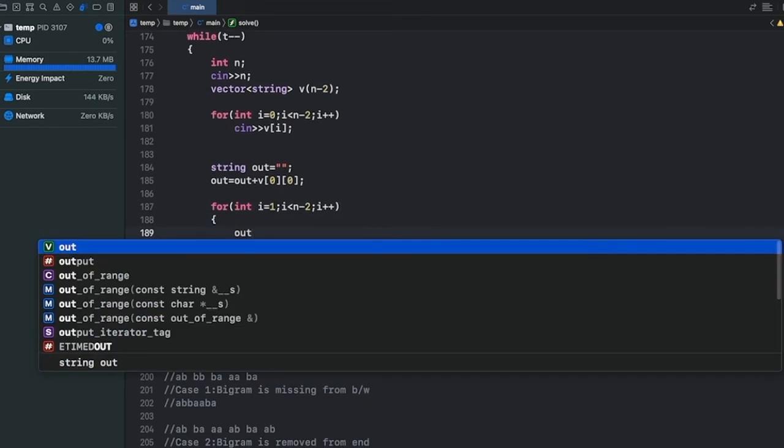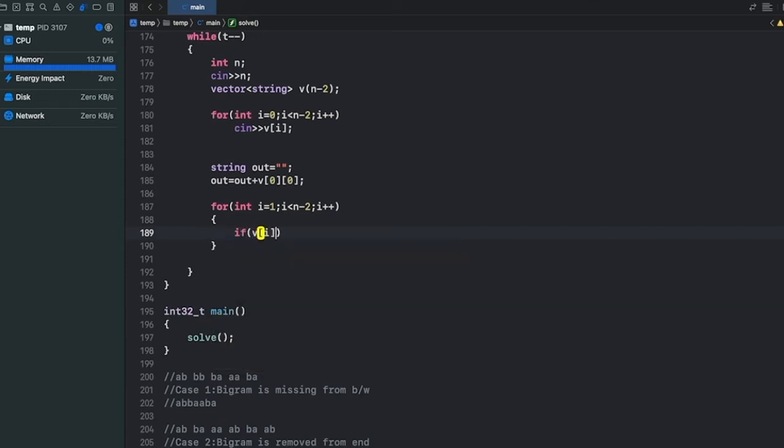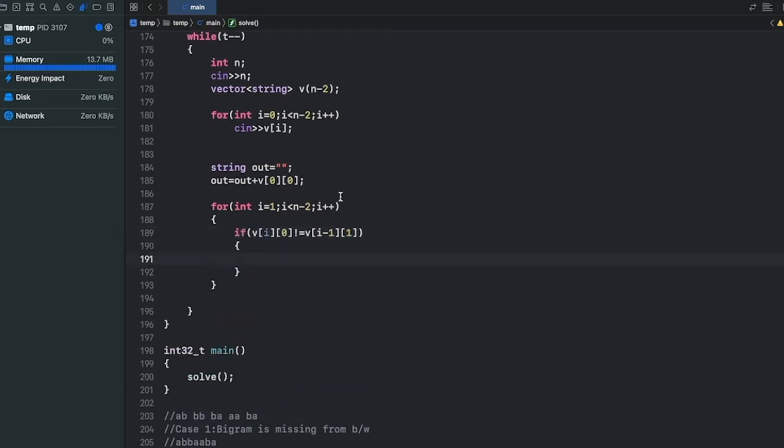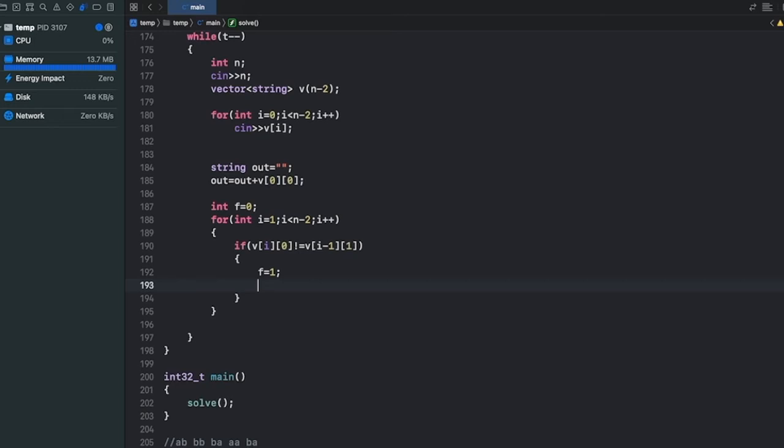If v of i of 0 is not equal to v of i minus 1 of 1, this condition will be checked here. If it is not equal, basically a bigram is missing from between, so we'll add it as a whole.